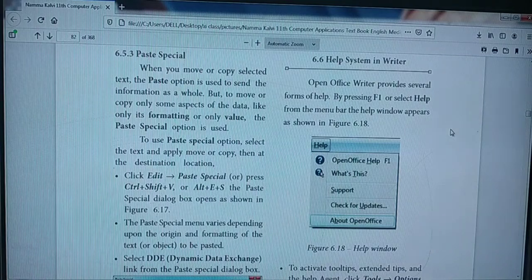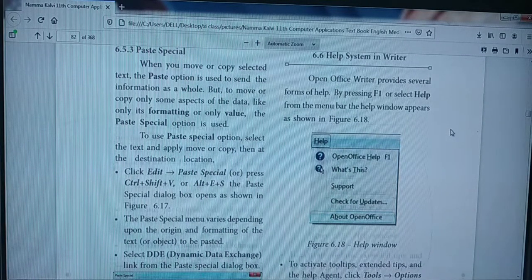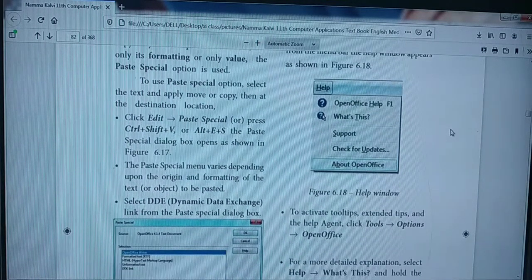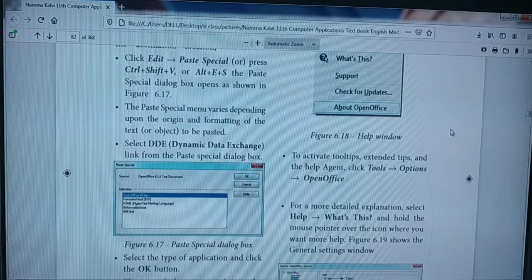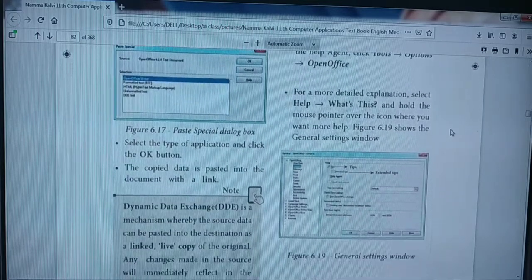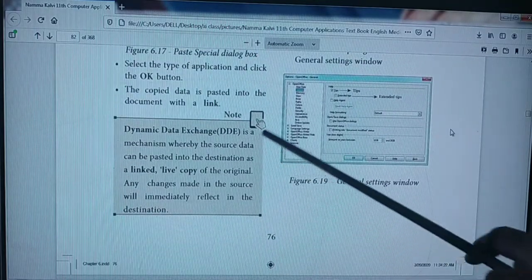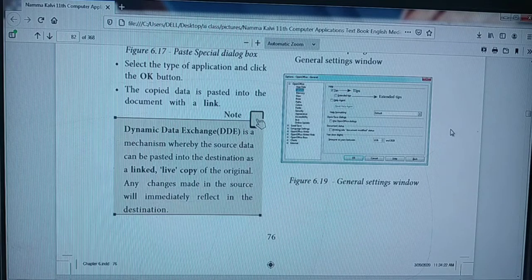Separately it is a 3-mark question for you. Here you must specify the term select DDE. That is nothing but dynamic data exchange. Are we clear with this one? Next we can move on. DDE is separately given here for you people. Mark it. It is an extra 2-mark question.